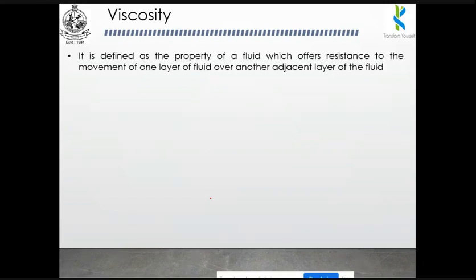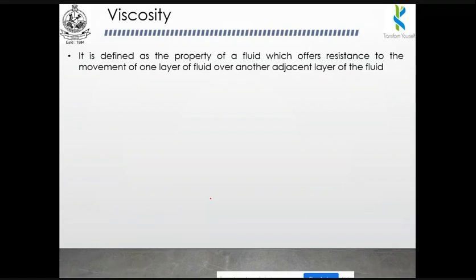Okay, so if you are using a high viscous fluid in an engine, it will not go to the required moving parts, because the engine has moving parts. We have to supply the lubrication oil to the particular moving parts, the gap between them. If it is not going to the particular position, then wear and tear will increase inside the engine, and the temperature will also increase. Finally, the outcome will be that the engine will get seized, and we can't use the engine after a few months. So you have to use a proper viscous fluid in the particular position.